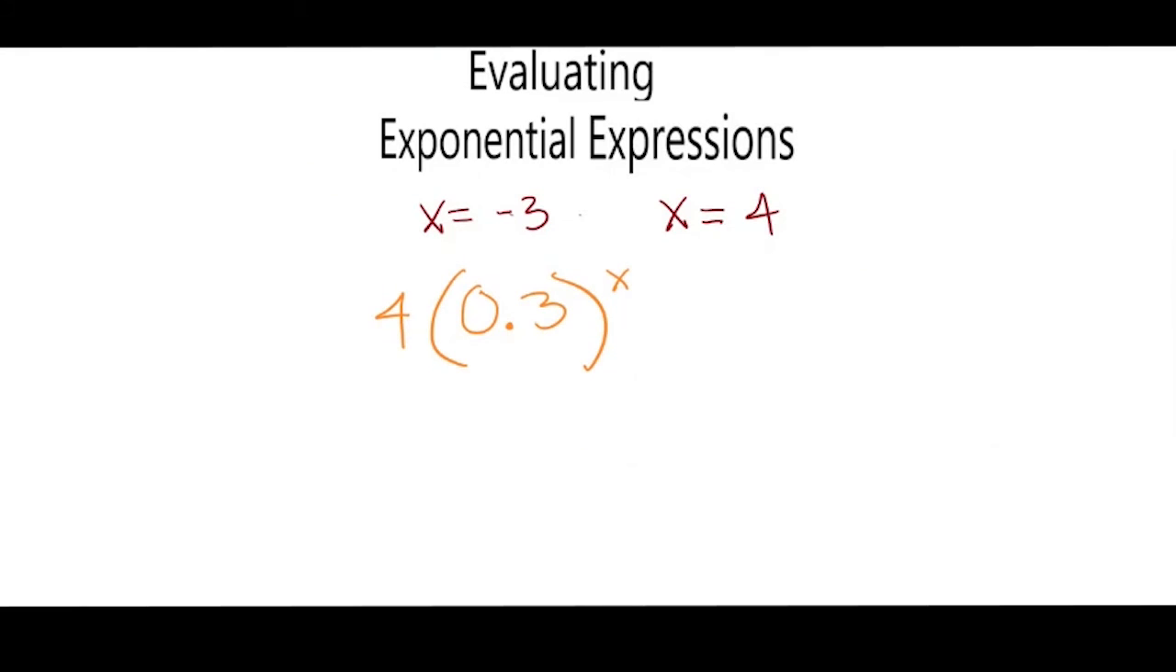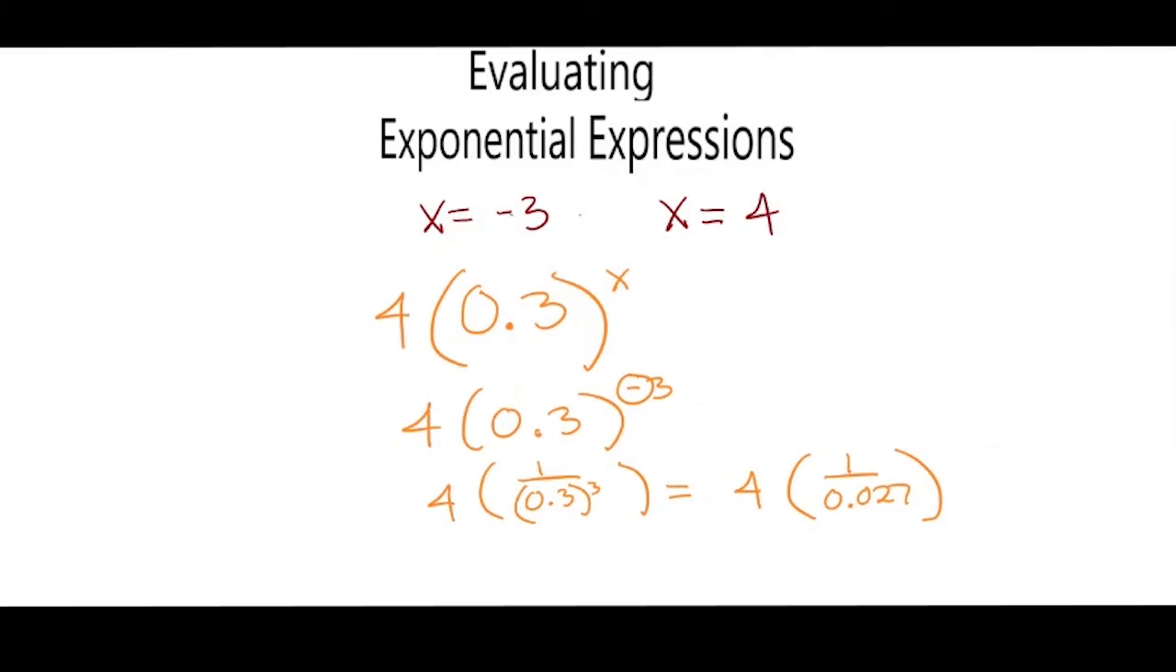So here I have 4 times 0.3 raised to the x power. And we're going to evaluate for when x is negative 3. So 4 times 0.3 raised to the negative third power. Well, if I have 4 and I multiply this by the 0.3 raised to the negative third, remember that the negative is going to make this a fraction with 1 on top. All right, so what that's going to do is it's going to give us 0.3 raised to the third power on the bottom, which gives us 4 times 1 over